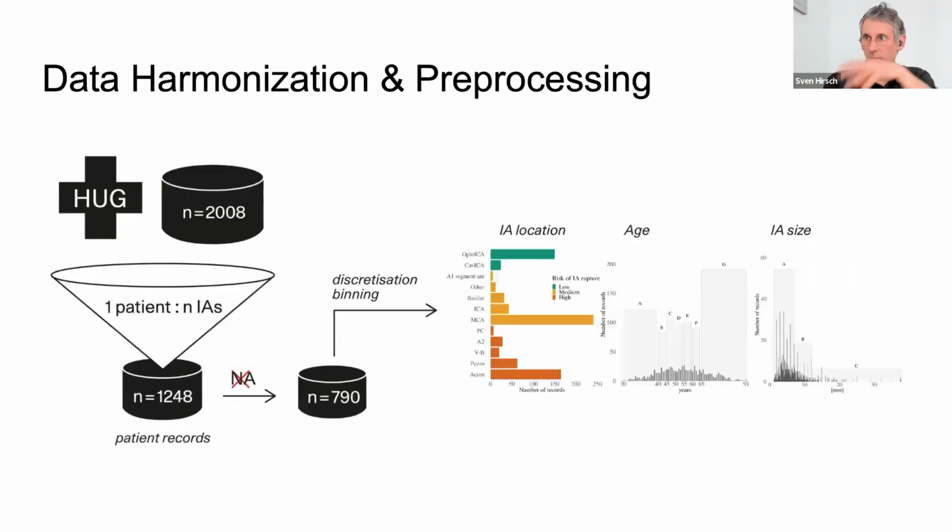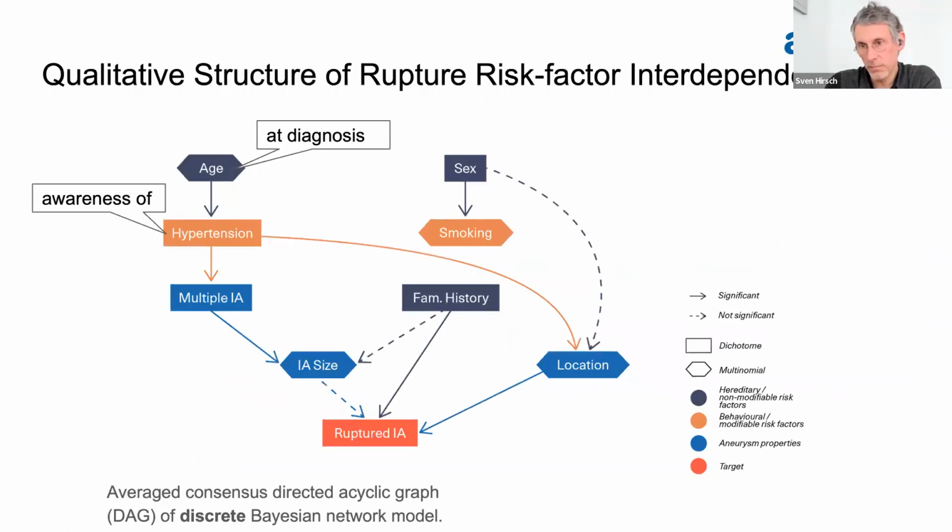For this whole binning, we take this data and harmonize it. Then you need to do some binning for the left case; for the right case, you don't. And then you can see the outcome of your structure. This is just exemplary. Here you can see a multinomial, these faceted boxes, these polygons. And here you always know it's a discrete Bayesian network because it's multinomial. If it's a metric factor, then it would be a blob. You will see that later on.